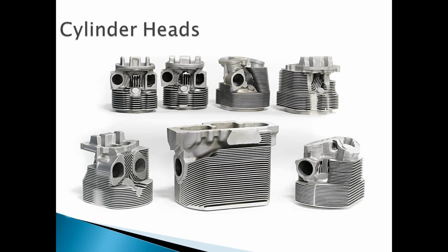We use a slightly different kind of 200 series alloy, 242, typically to produce cylinder heads, and you can see that you have very thin type of fins on these, and we use a number of special techniques to ensure that we can make them. But it's clear that you can pour almost any casting and make a good casting in 200 series alloys, as long as you follow the rules and you use the proper techniques to be able to